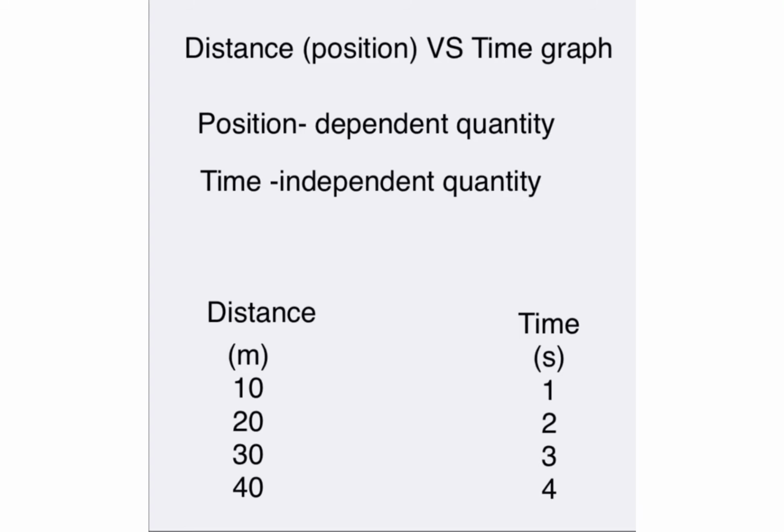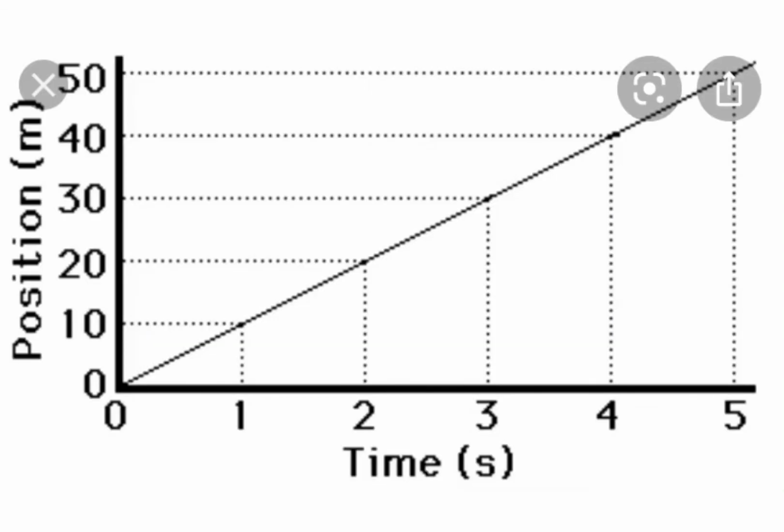Now we will see how to plot this on a graph. For this, first of all you have to draw the x-axis and y-axis, and they both intersect each other at point O. Now you know you have to take time on the x-axis and position on the y-axis. Now see the values of time. What are they? 1, 2, 3 and 4. So you have to take these 1, 2, 3 and 4 on the time axis, and there should be equal space between 0 and 1, 1 and 2, 2 and 3, 3 and 4, etc.